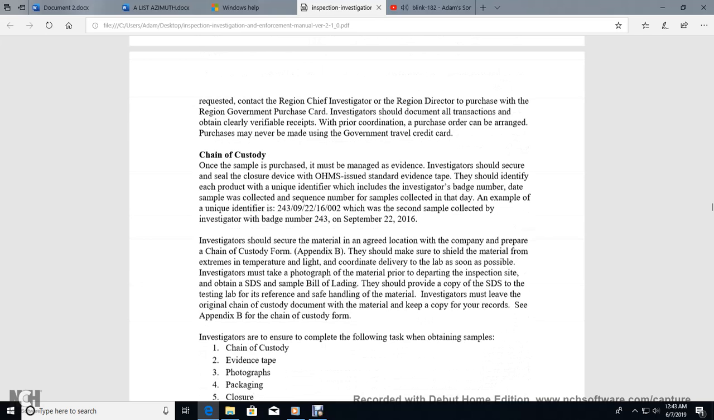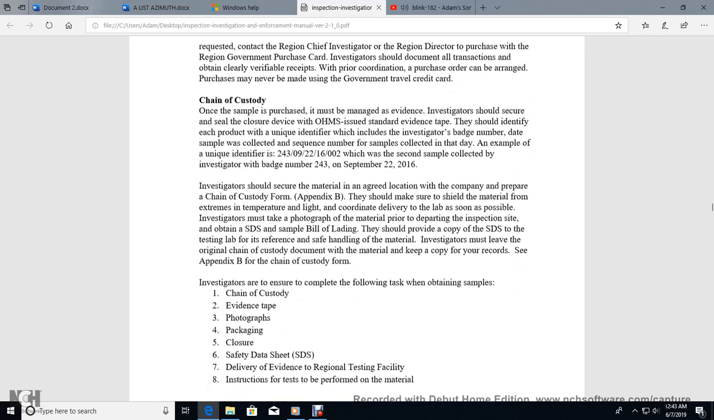This requires contact with the regional chief investigator and regional director regarding purchase with the regional government purchase card. Investigators shall document all transactions clearly and verifiably, obtaining prior approval, and a purchase order can be arranged for the purchase, never to be made with a government credit card. For chain of custody, once a sample is obtained from the purchase, the evidence must be secured with a seal on the closure of the